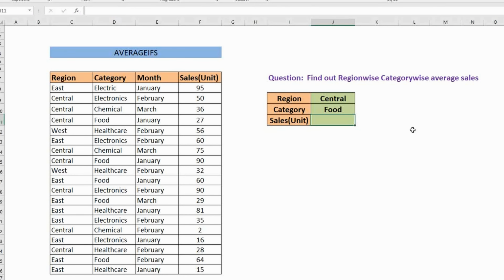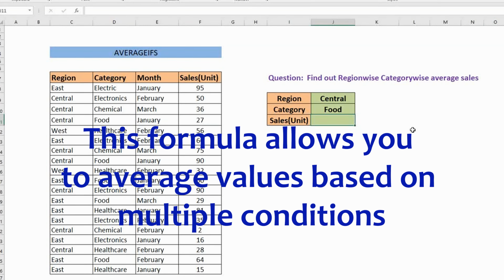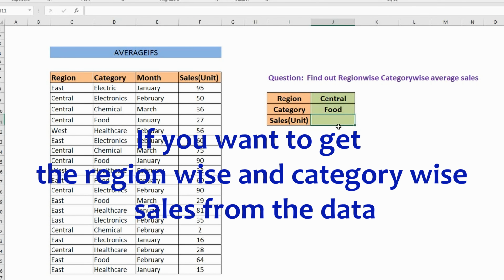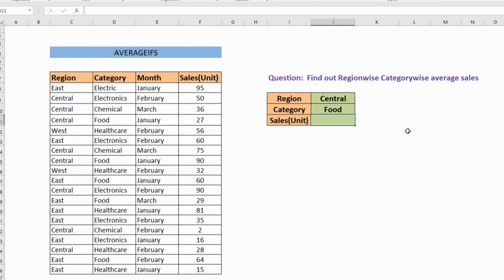AverageIFS. For more complex scenarios, there is the AverageIFS function. This formula allows you to average values based on multiple conditions. It works similarly to AverageIF, but can handle multiple criteria at once. If you want to get the region-wise and category-wise cells from the data, apply the formula: equal to AVERAGEIFS,